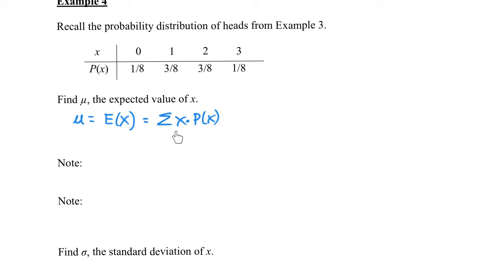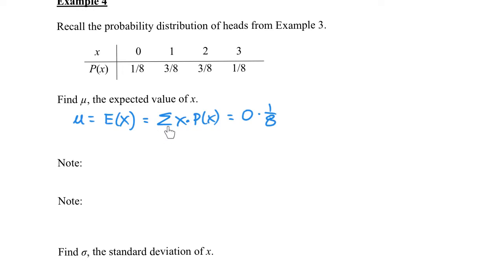So it's the sum of each x times the probability of x. Remember, x is all of the possible outcomes, and this is the probability of each of those outcomes. So we basically just go x times the probability of x. We would go 0 times 1/8